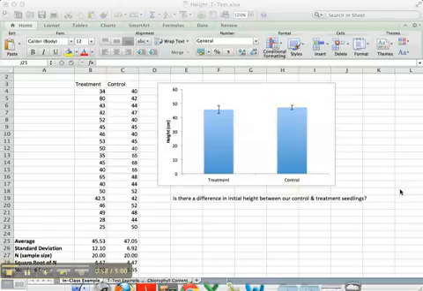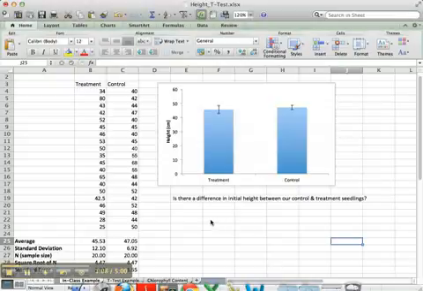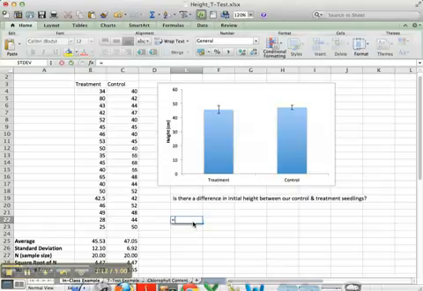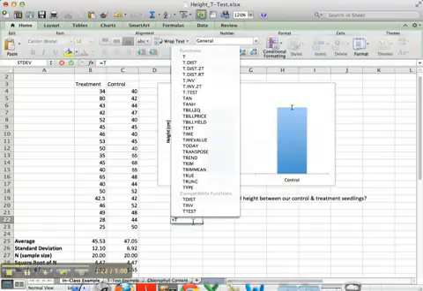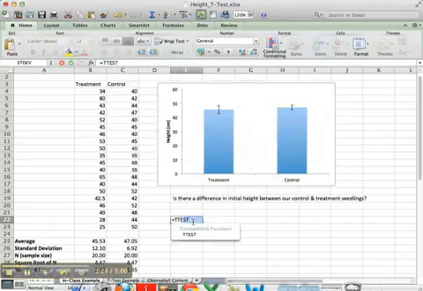So we actually need to do a t-test to figure out with some scientific backing whether or not these two groups are different from one another. To do that is using a simple formula. You're going to pick a cell and you're going to type in it equals. And again, if you recall, using Excel, when you type in equals, it tells Excel that you're going to enter a formula. In this case, I'm going to enter T and then test,